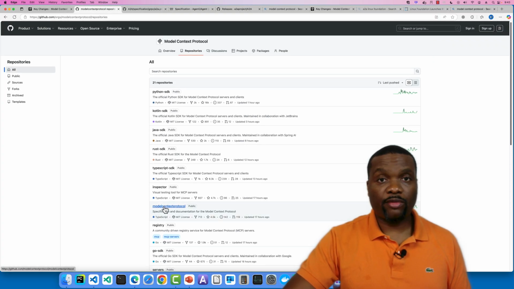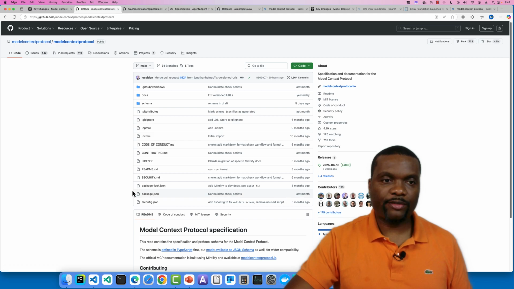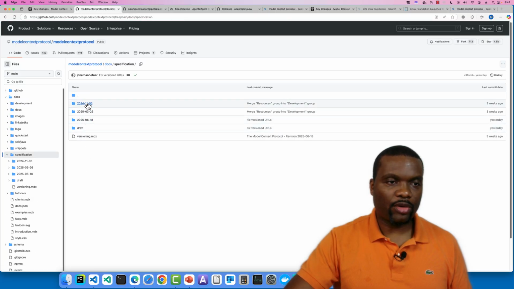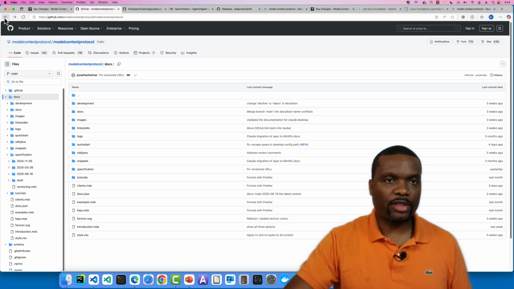If you really want to do a deep dive in the protocol, you can check out this repository here that focuses on the protocol specification. This is where you can see all the changes that are happening, and if you want to contribute to the specification, you can do so by reviewing this particular repository.